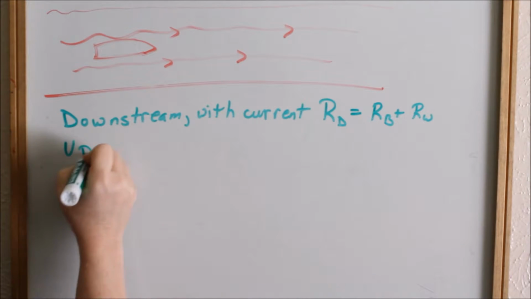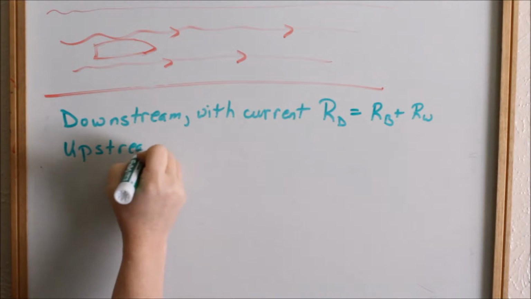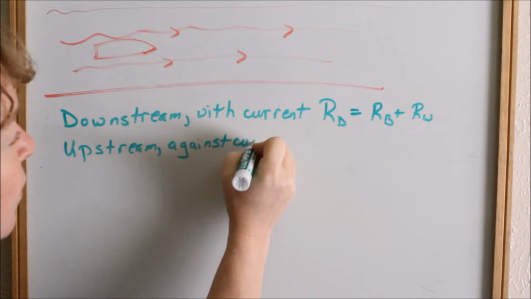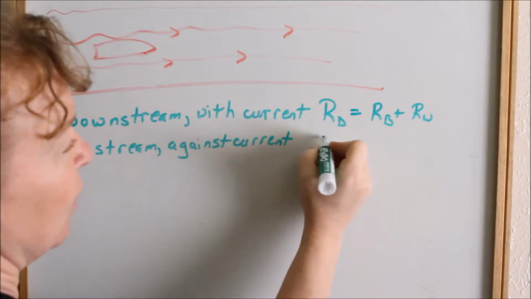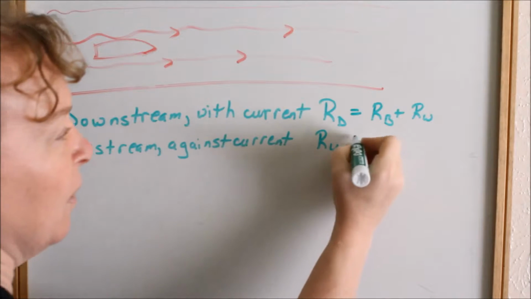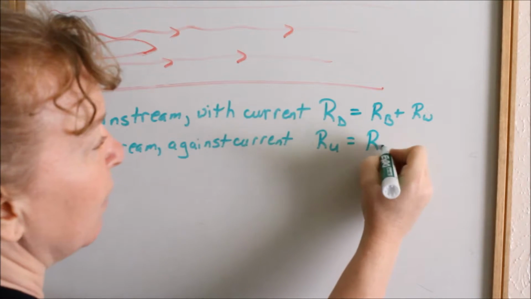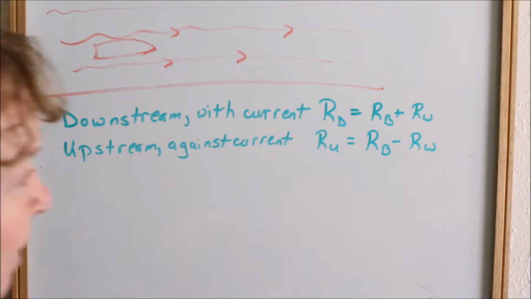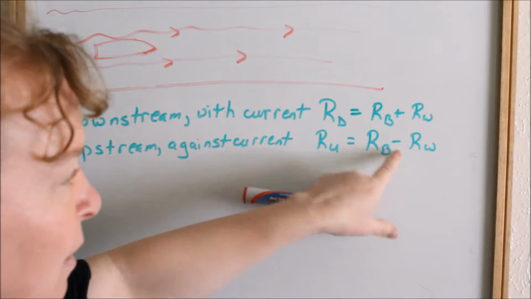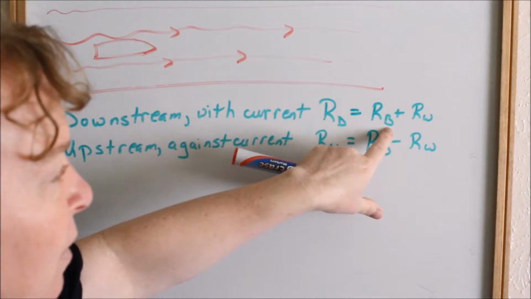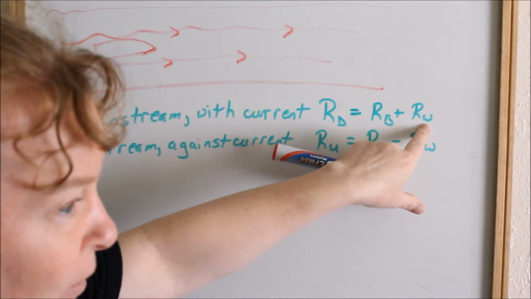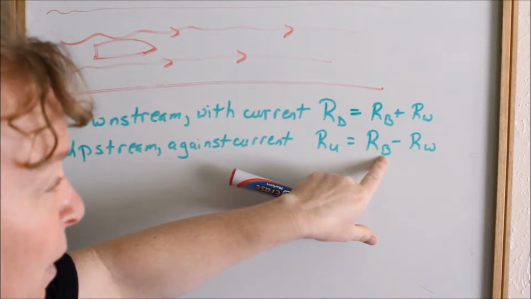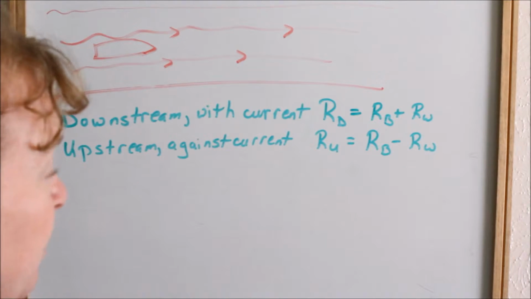When you are going upstream, you are going against the current, and so the rate of upstream is going to be equal to the rate of the boat minus the rate of the water. So you can see that these both look similar except their signs. When you're going downstream, you add the boat's rate and the water's rate together. When you're going upstream against the current, you take your boat minus the rate of the water, which makes sense